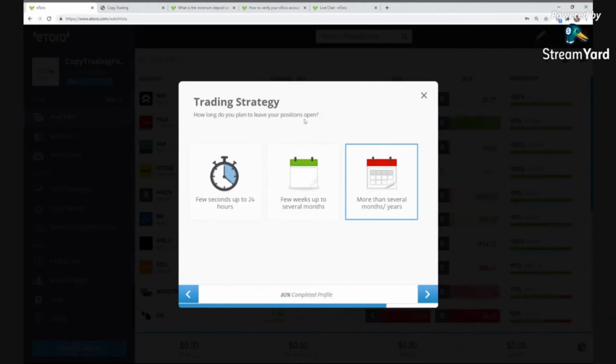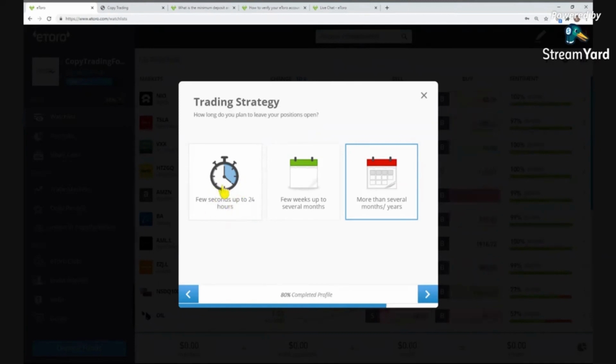How long do you plan to leave your positions open? In this one, it's going to be long term. So I'm going to put more than several months to years. This is going to be my long term portfolio. A few seconds up to 24 hours is day trading,